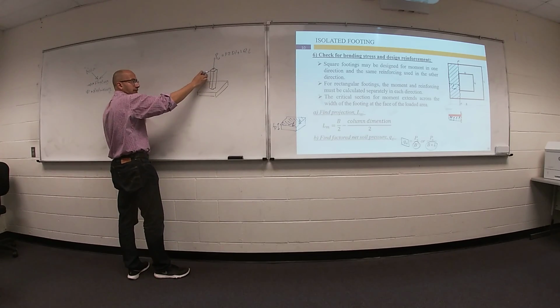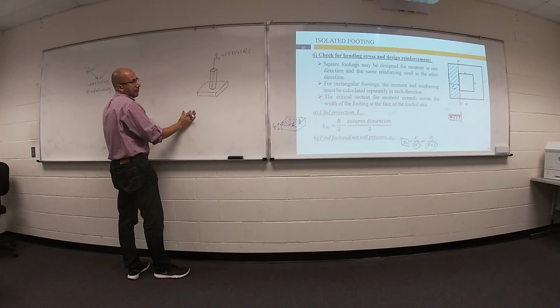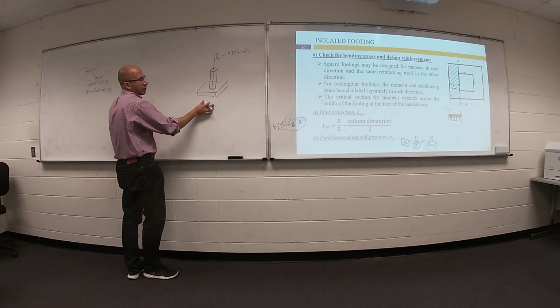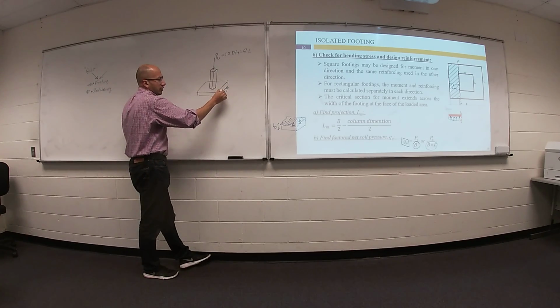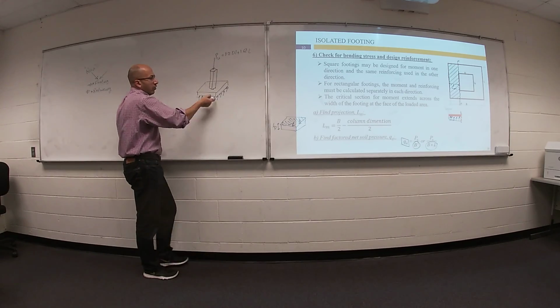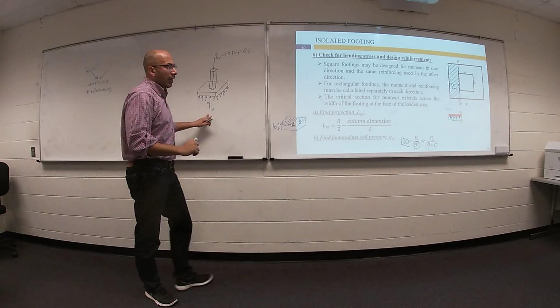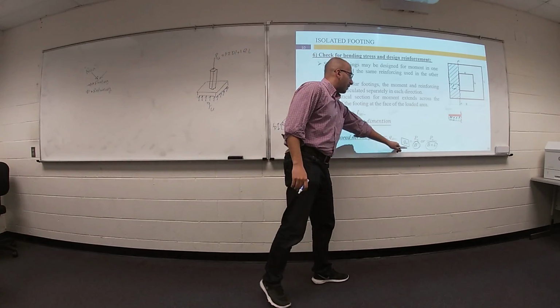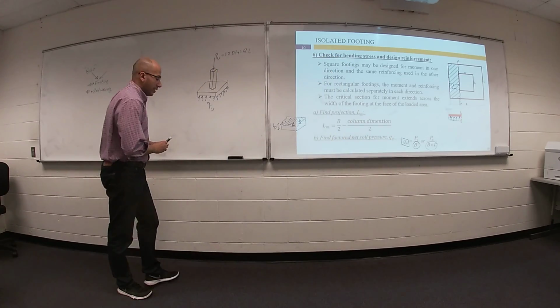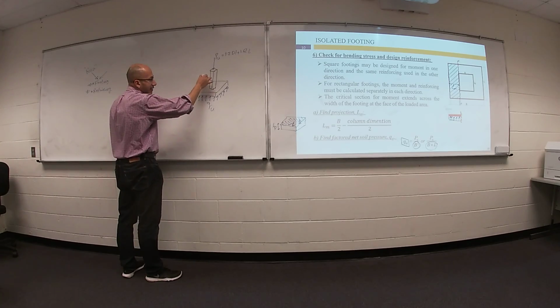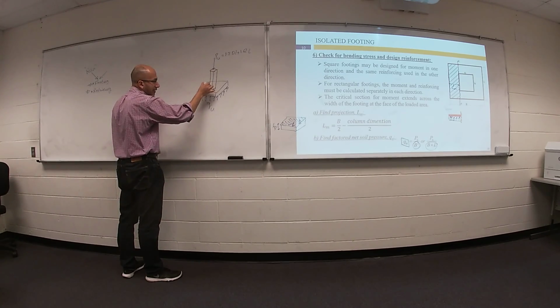This column will apply pressure on the soil, so the soil will react with pressure on the footing. This pressure equals Q ultimate. I calculated Q ultimate. At the edge, at the face of your column, at this face,